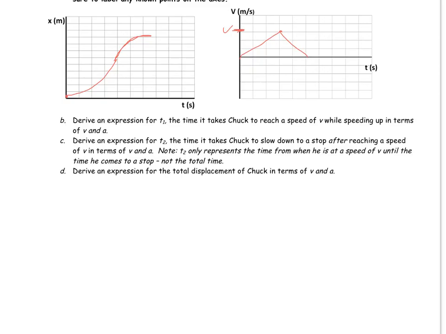So my first question asks me to derive an expression for t1, the time it takes Chuck to reach a speed of v while speeding up. So once again, I'm going to use the fact that slope is equal to my acceleration. Thinking about this velocity versus time graph, I'm starting at (0, 0), and I know that I reach a speed here of v in a time of t1, the time for me to speed up. So I'm going to say